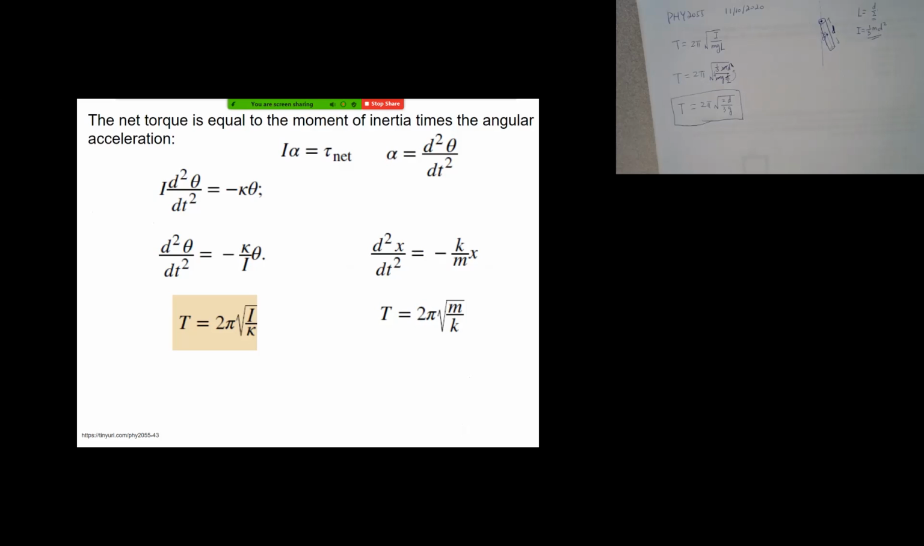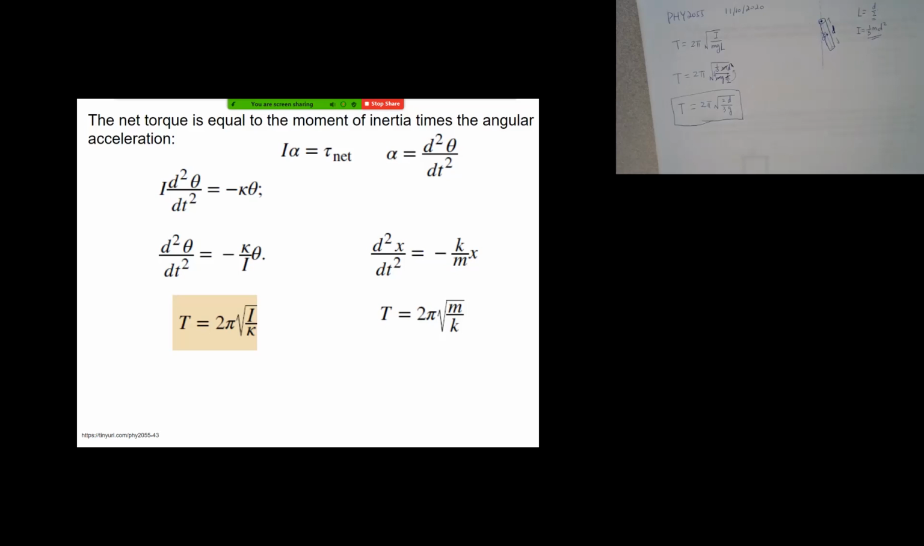Okay, similar expression we have earlier. So divide both sides by I, then this becomes minus kappa over I on the right-hand side. And then you can also compare this differential equation to the differential equation we would have for the